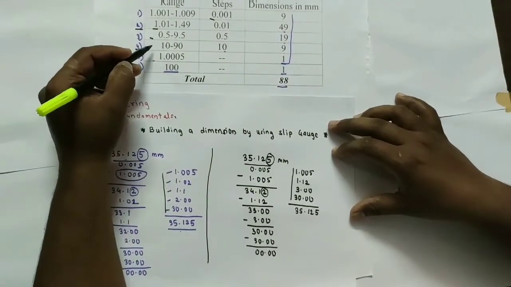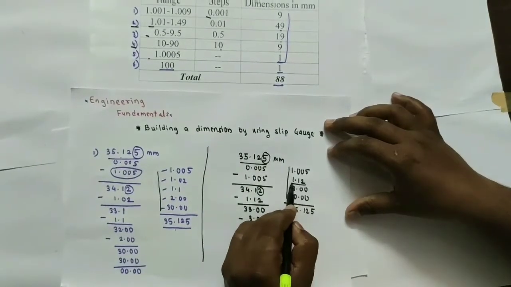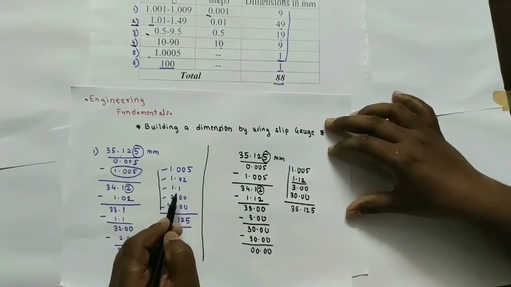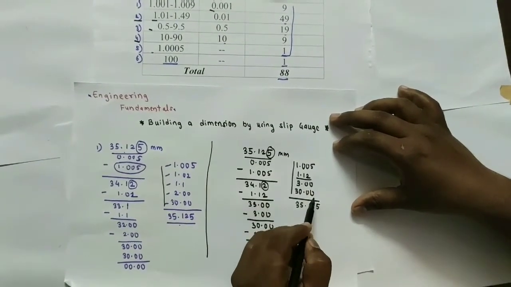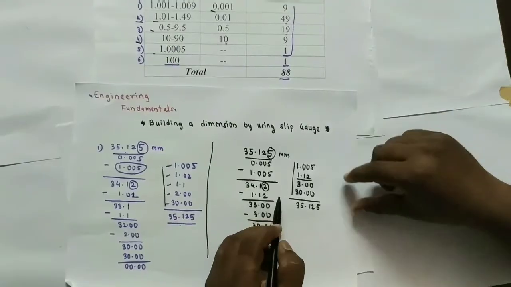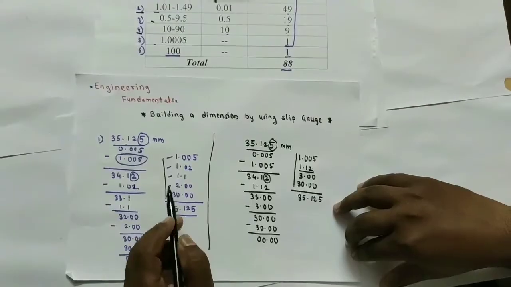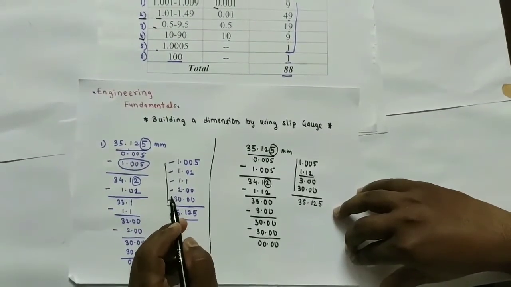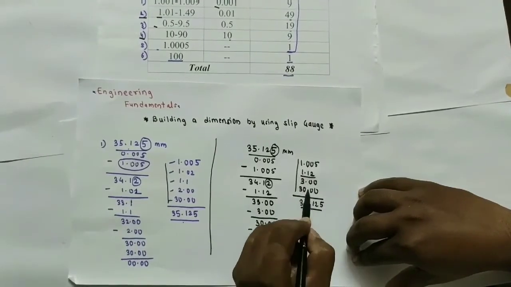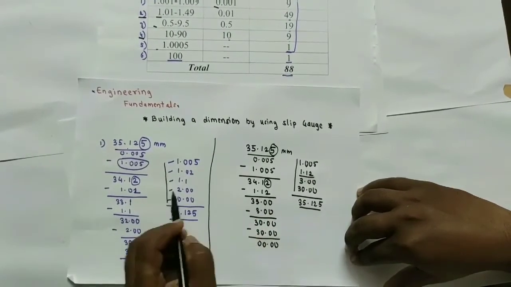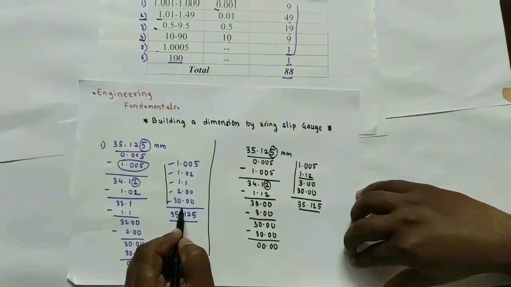So here we are having a wide range of slip gauges in this second range, so by using this we are getting 1.12 directly, but we require another slip gauge here. So if we build the dimension by using the special set slip gauges, we get 4, and in the normal set we get 5. So the third rule is that you have to use the minimum number of slip gauges. If you are using the special set, you get 4 slip gauges to build this dimension, and by using the normal set you get 5 slip gauges.